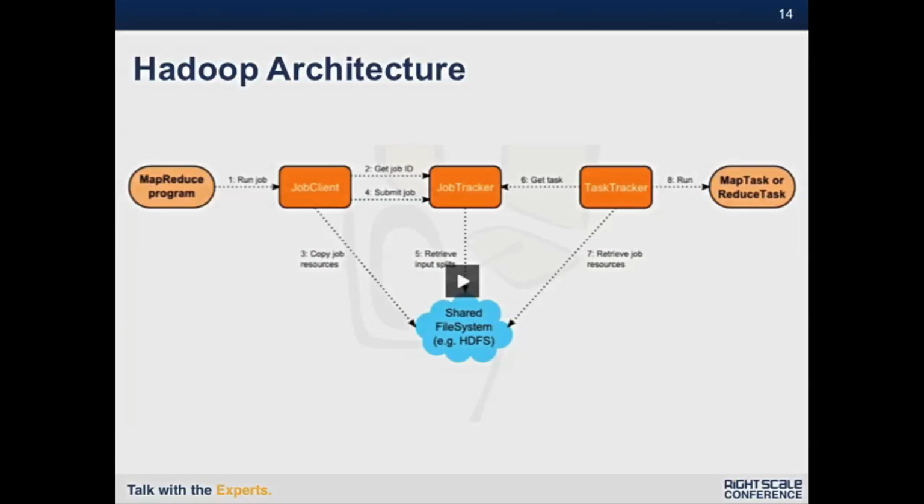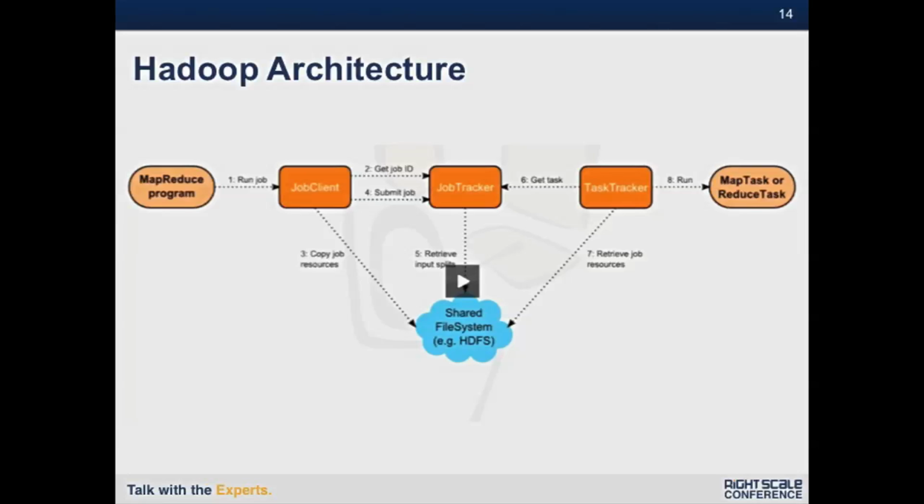The other piece here to understand is the way that the Hadoop architecture works itself, in that there are a number of different nodes and they have different functions within the system itself. So when you write a program in MapReduce, you submit that to a job client, and then it takes that and submits it to a job tracker who is responsible for that job. That job tracker then takes that mapping function, that shuffle function, that reduction function, and assigns it to a number of task tracker nodes.